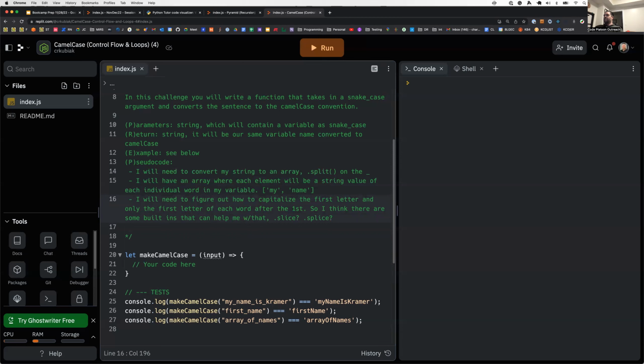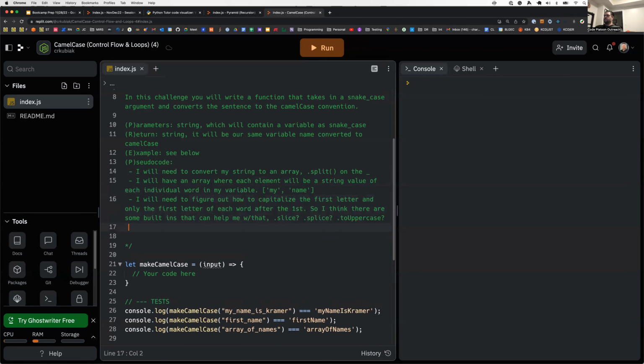And that might be something that we look at. So once we isolate just the first letter, I believe it's toUpperCase, right? Might also be needed in there. Okay, and so